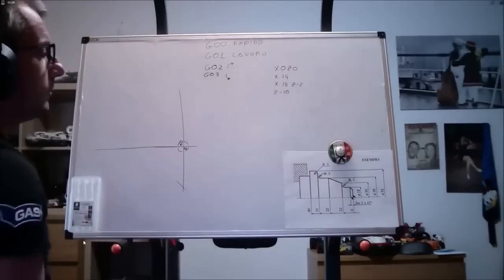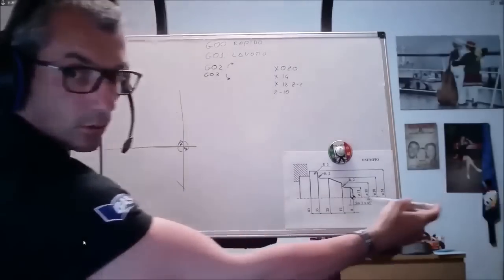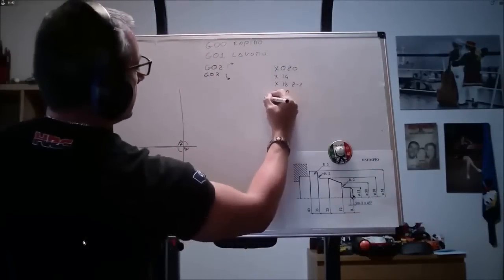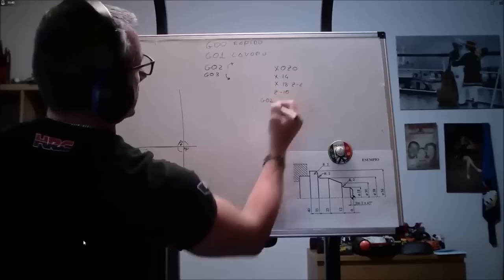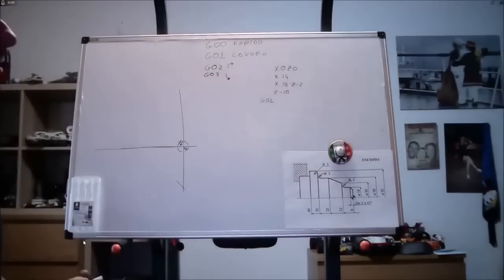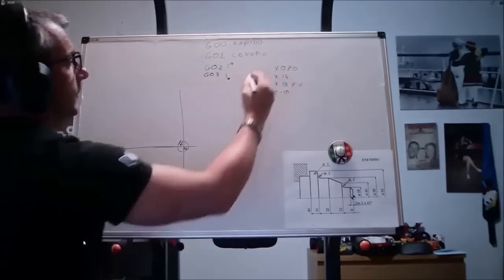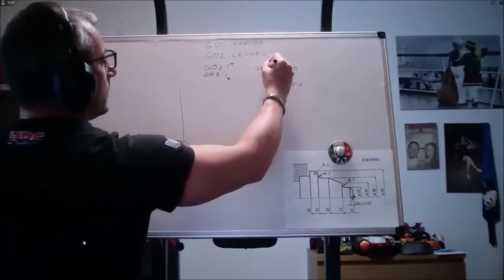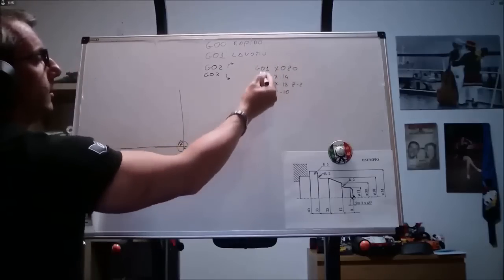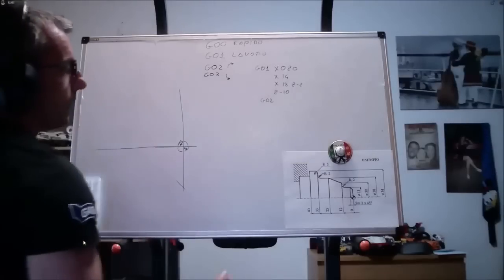At this point, I need to insert G02 and G03. Look at the arrows. How do I proceed? Clockwise. Here I will have to write G02. So if in our examples I can ignore G01, here I cannot ignore it. It's not that I can ignore it, we were ignoring it to make the examples, but to be correct, in the first block I will have to put G01. Then, as long as I don't specify anything, it will remember that I am moving in G01. Now, G02,